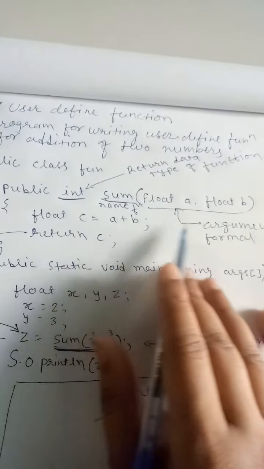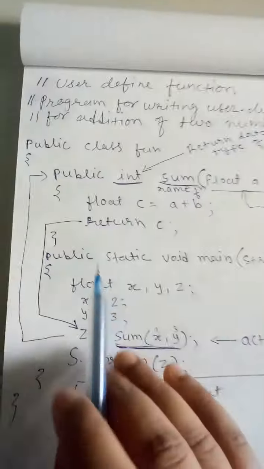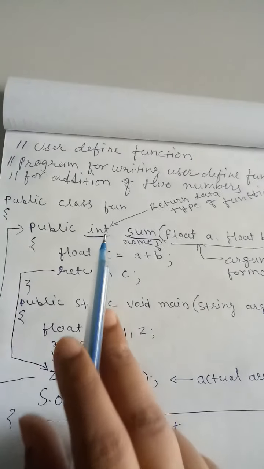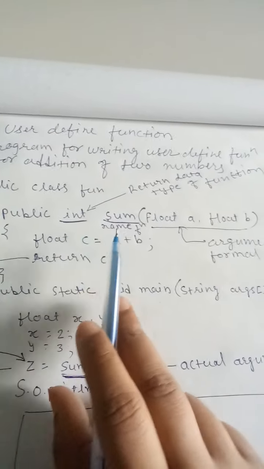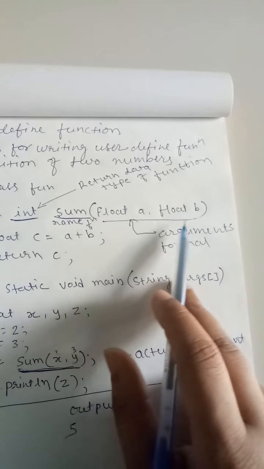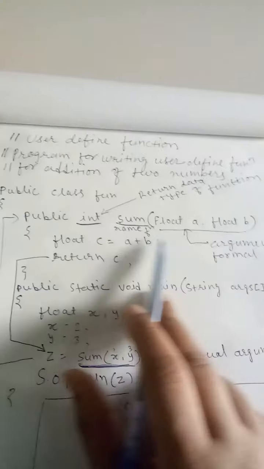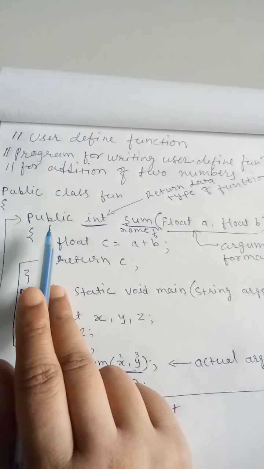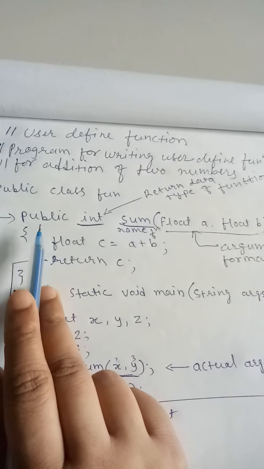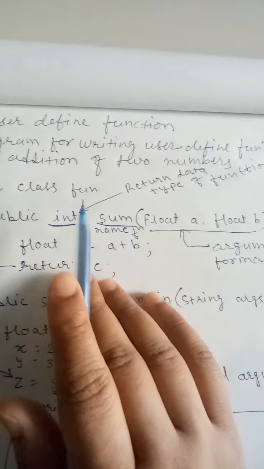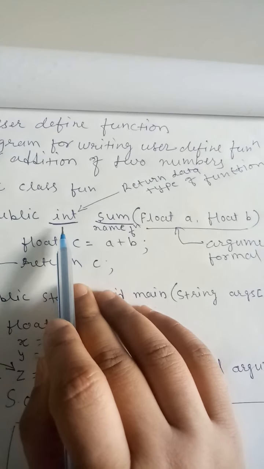Now this is the function part, student. Let me explain you the function part. So in function parts, it's compulsory to write return data type, then name of the function and formal argument. Yes, this part is known as the formal argument. Here I have taken public. You can write public, protected or private as an access modifier. Here I have written public. Then it's compulsory to write int return data type.